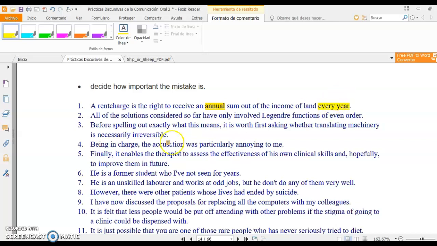So, well, you will do the same thing for sentences 2 to 10, and we will correct it next class in a video call. I will set a list of students and the times, of course, in the subject's timetable. I won't change the day. And we will correct this.